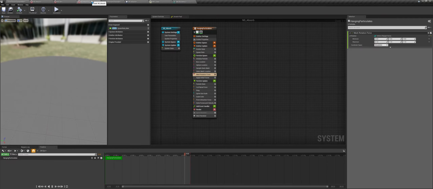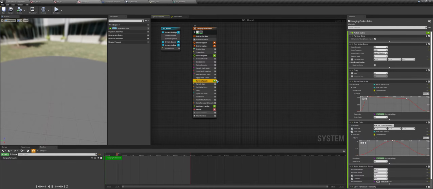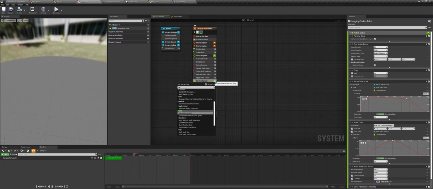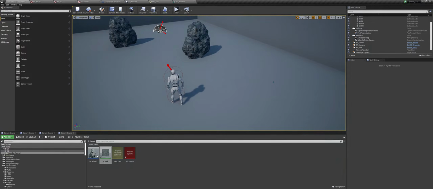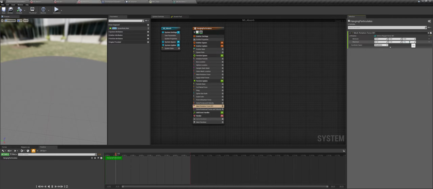So if you want more rotation, you can go to update, then type in mesh rotation, and now we can change this to a uniform again. So there is some small rotation happening. If you want more, you can always change this value.